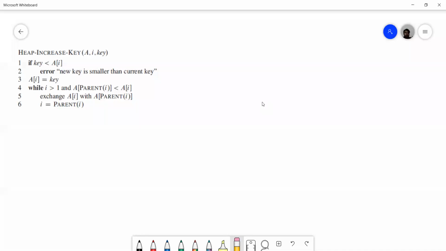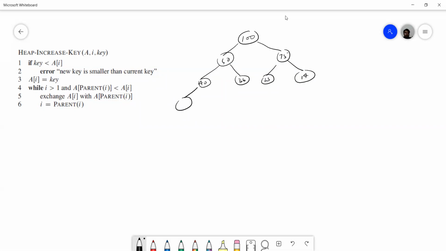Suppose we have a max heap here. So I am calling heap increase key.